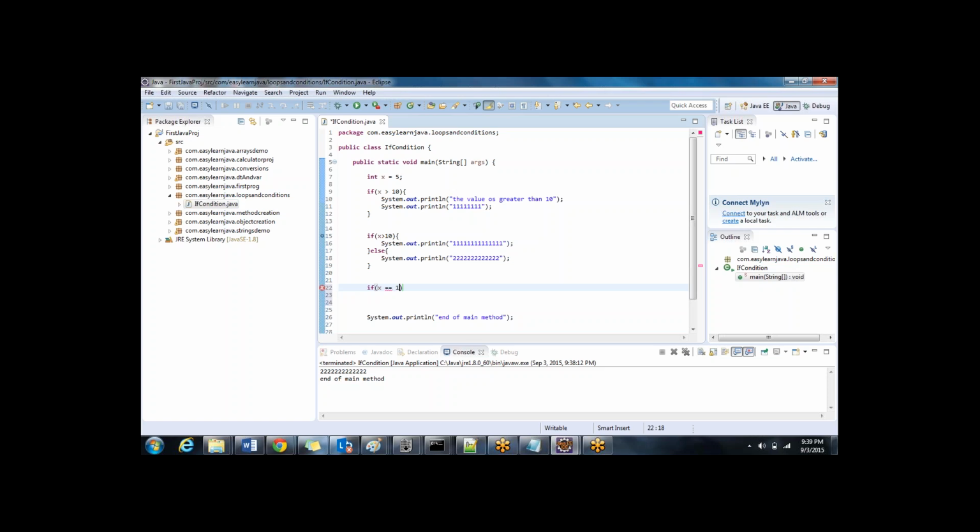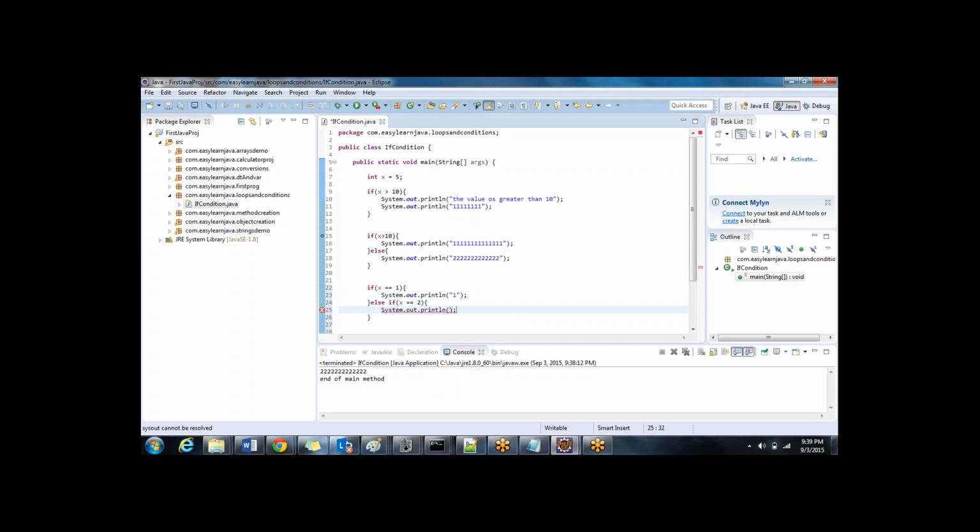If x equal to 1, then I say sysout 1. See here, else space if, again one more if condition I'm writing, but it is called else if x equal to 2,